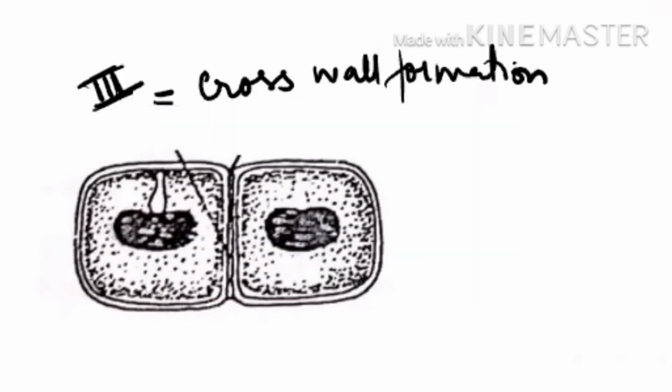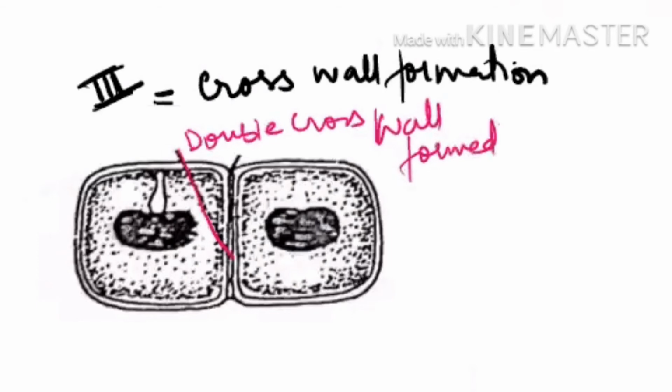Now the third step of binary fission is the cross-wall formation. See the diagram carefully. Now you can see the cross-wall formation is getting completed. So this is your double cross-wall formed. And the two mesosomes have moved apart by taking their own genetic material. So if you see a peripheral ring of the plasma membrane, which was invaginating, it now continues to grow, and finally the two cells are separated and two daughter cells are produced.